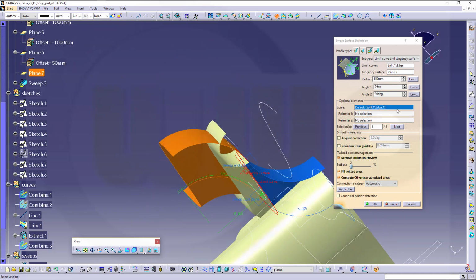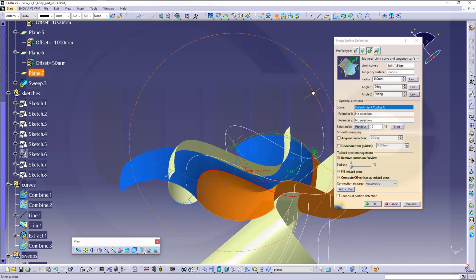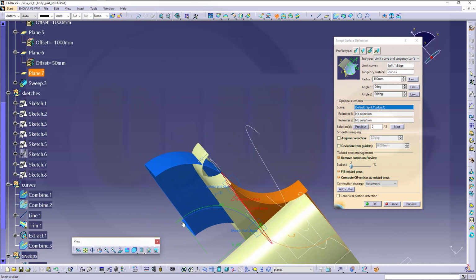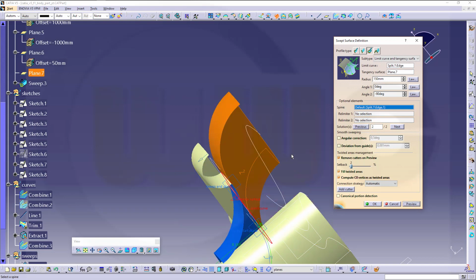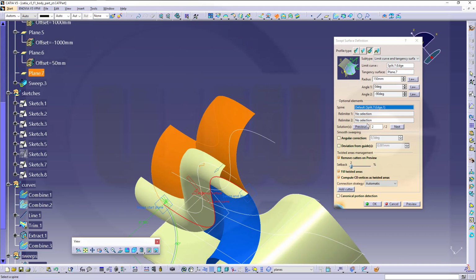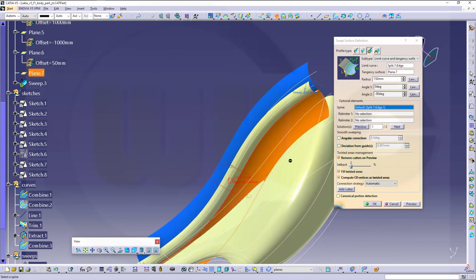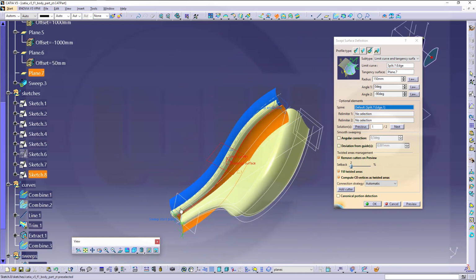I need it the other way around, so that tangency surface doesn't quite work. It should be tangent the other way around, but I could try to go for -90 degrees. Make a preview. That's more like it, and then go to next solution. That's the solution I want, but I want it to get smaller,